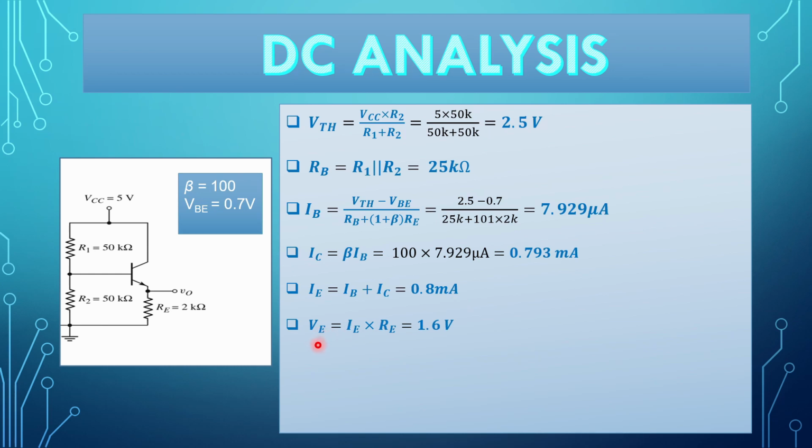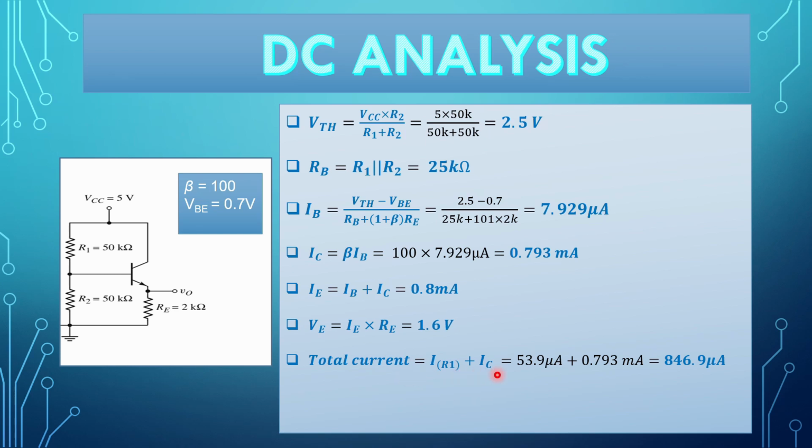So voltage across the emitter gives you, by applying Ohm's law, IE into RE. So IE value we have found is 0.8 milliamp, and RE value from the circuit is 2 kilo ohms. So hence the VE is 1.6 volts, and the total current across this circuit is given as I of R1